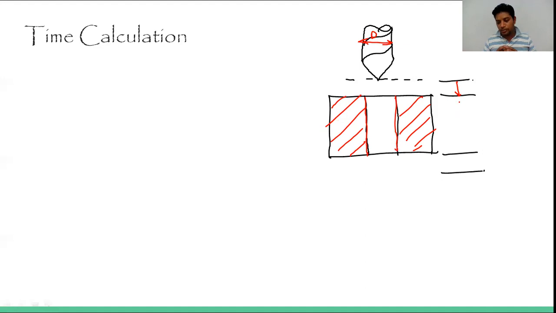Standard means, if the data is given, then you can put this value. If it is not given, then you can remove it. Okay, there is no need to consider that one. So we are just finding out the relationship, this time calculation, for the standard values. So first, we are considering that approach.